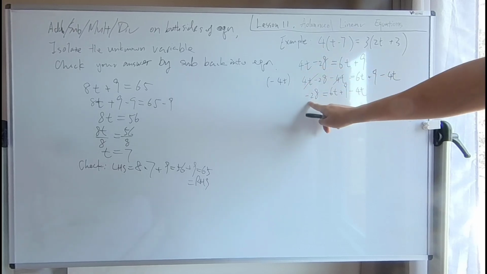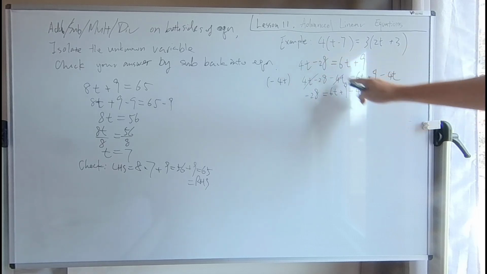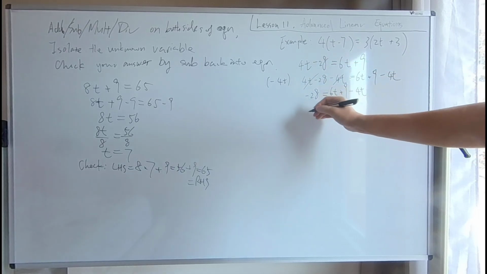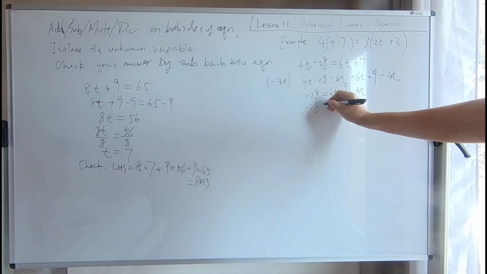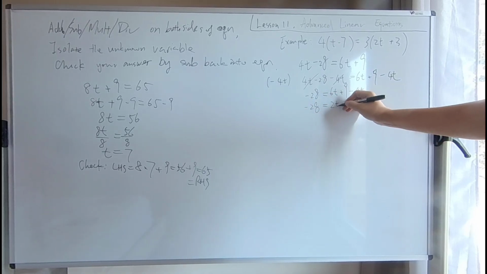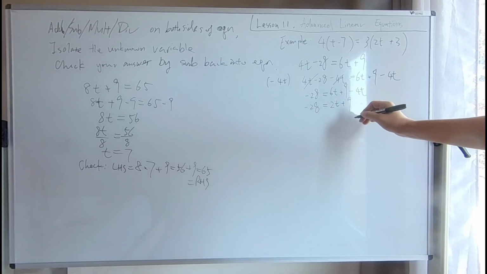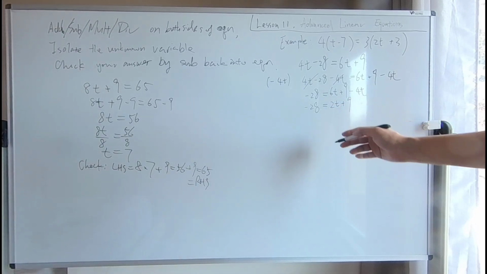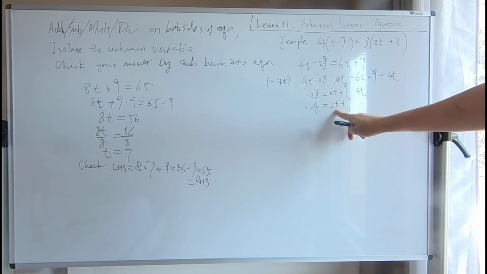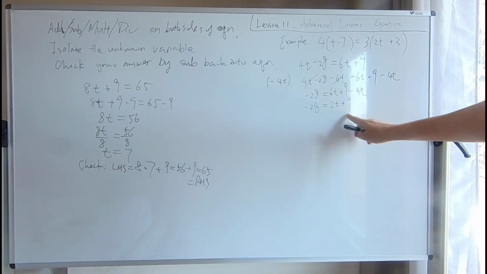4t disappears here, but 4t appears on the right-hand side with a change of sign. Let me write one more step to group these two similar terms together. Always simplify your expressions after you move terms. Now I have all the unknown variable t on one side of the equation, but I still have constants on